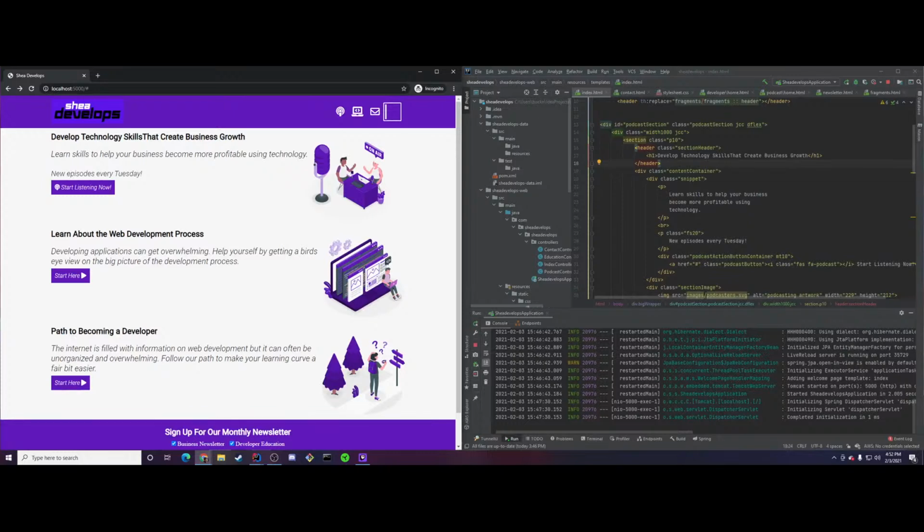All right. So I said we have project one, the Shade Develops project, and we need to start adding some content, especially to the one here: learn about the web development process. That can be some pretty basic stuff. So what we could do is go into Google and check on any questions people are having